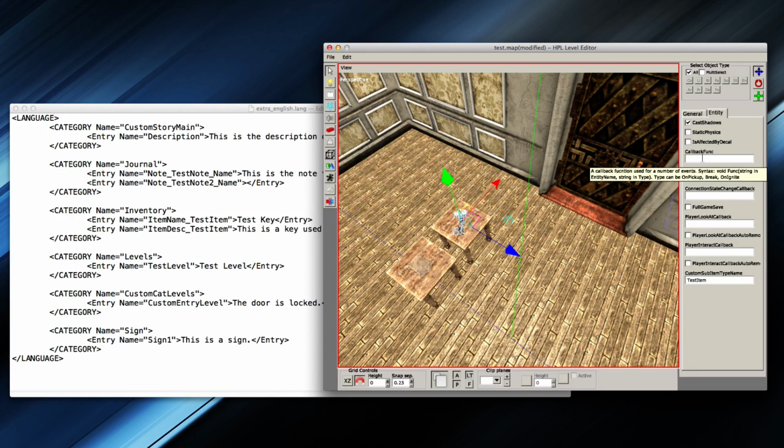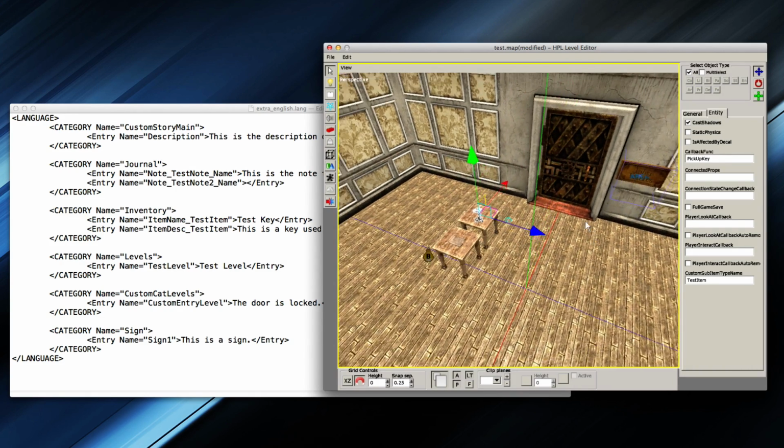So I'm just going to type anything, really. You can type whatever you want in here. I'm going to call it pick up key. And that is going to be cited in the script. So you can make a block for this that is going to be run in the script whenever you pick it up.